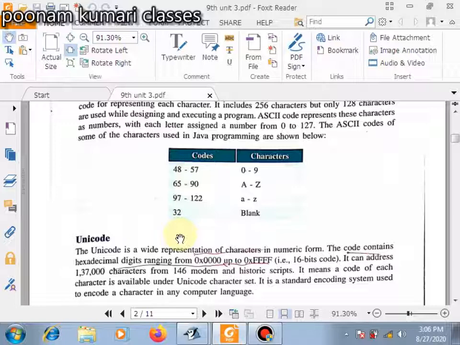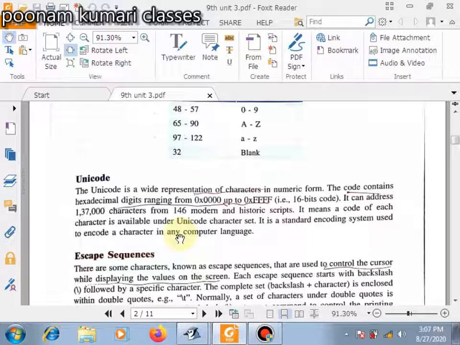Basically, Unicode has 3 types: UTF-8, UTF-16 and UTF-32. In UTF-8, 256 characters can be converted into 0 and 1. In UTF-16, 65,536 characters can be converted into 0 and 1. And in UTF-32, the amount is much larger: 4294967296 characters can be converted into 0 and 1, meaning into machine code or machine language.